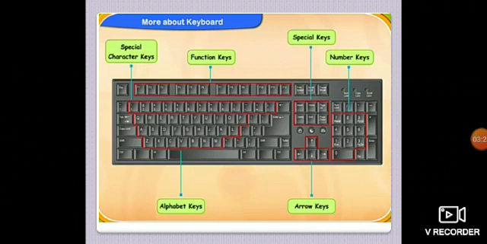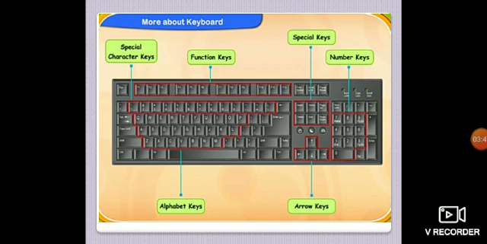Let us move to the number keys, which I am going to explain. The number keys basically contain 10 keys from 0 to 9. In the given picture you can see that there are special keys also. What are those keys? They are called backspace, delete, and so on.